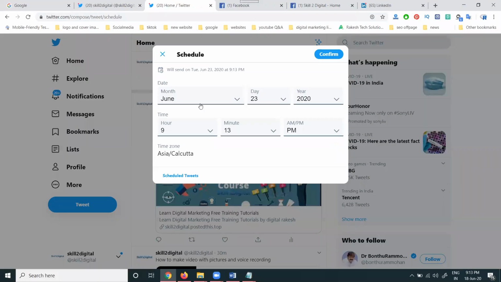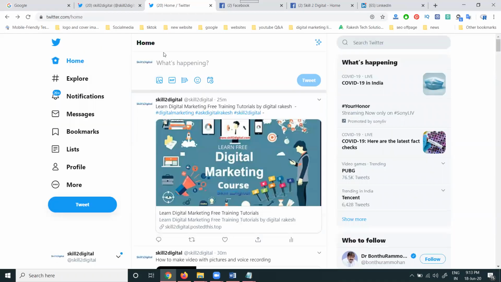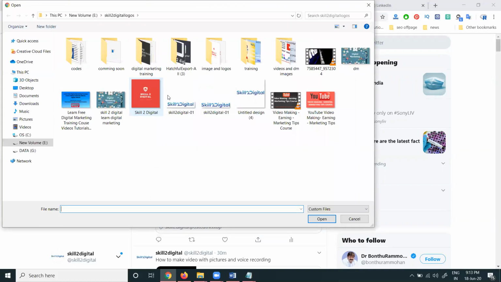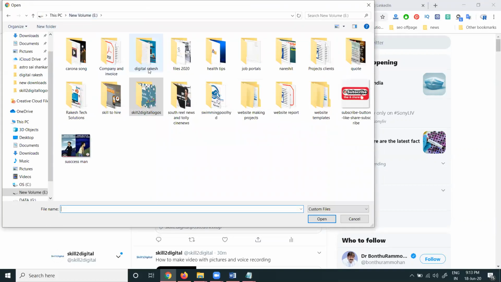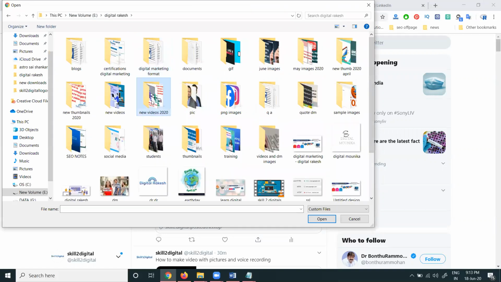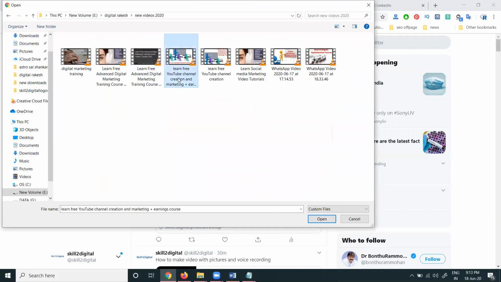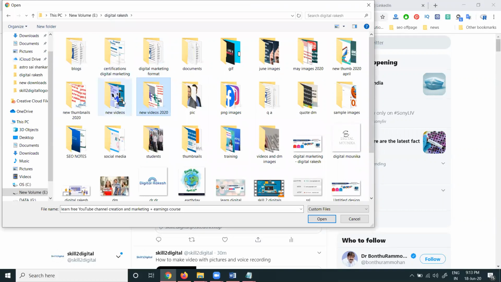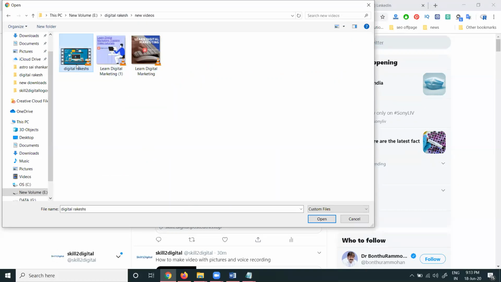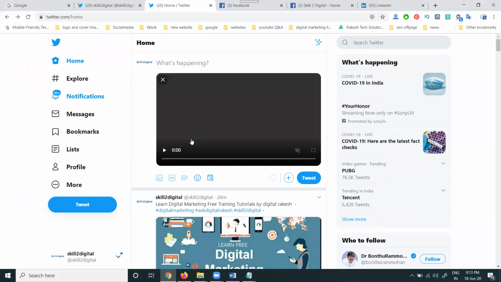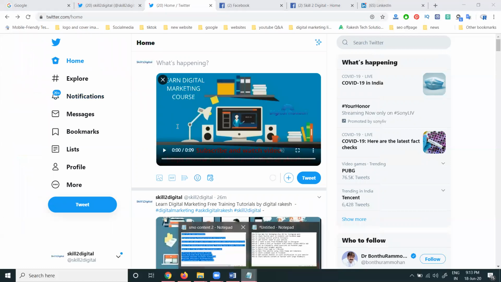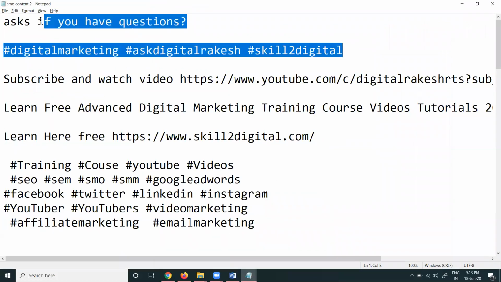The recent update is the schedule post option. Which option? Schedule post option. In this, coming to this option, first of all, for uploading purposes, we have to select videos. Most of the time you can select the video option. So all these options are here. So we are using this, select the video and put hashtags.